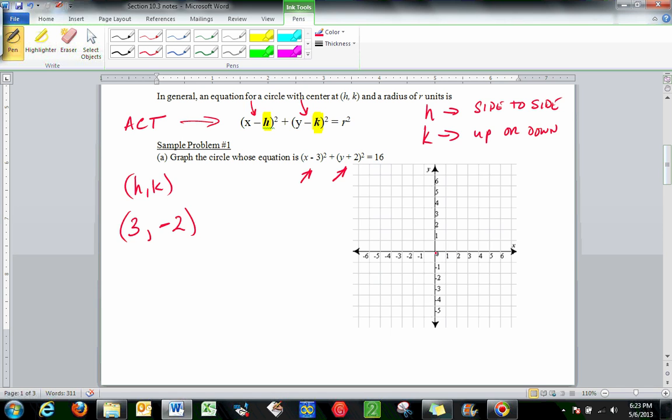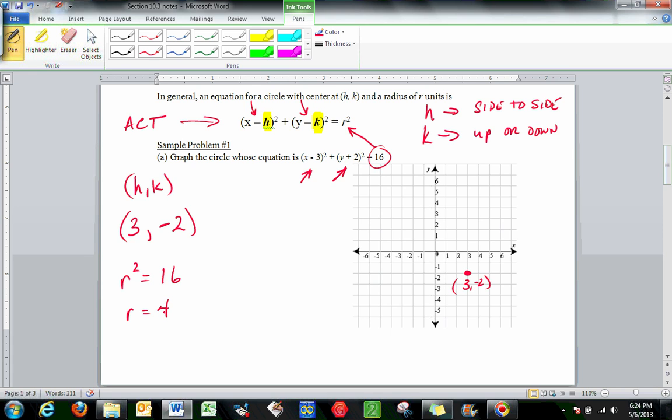And that's going to be our center point. So we're going to shift over on the H, 3 to the right, and then our K is going to shift it 2 down. And we're going to have the center point of 3, -2. Then we need to take into measure our radius. Now keep in mind this 16 is representing the r squared. So if r squared equals 16, then r must equal to a +4. Now,